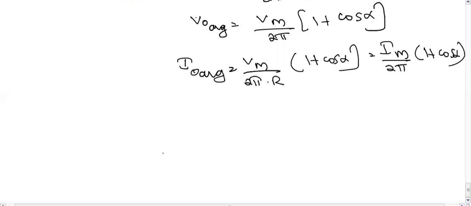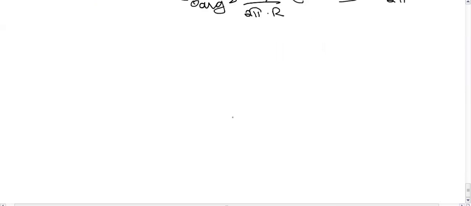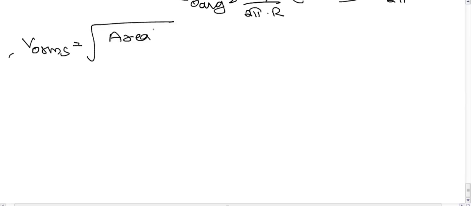That's it. So now we found out the average voltage. And there is one more quantity. AC circuit means we should go for the RMS value also, the root mean square value. We output RMS. Since it's a root mean square value, you know this formula you're studying from your first year itself: area square divided by base. Base is a time period.